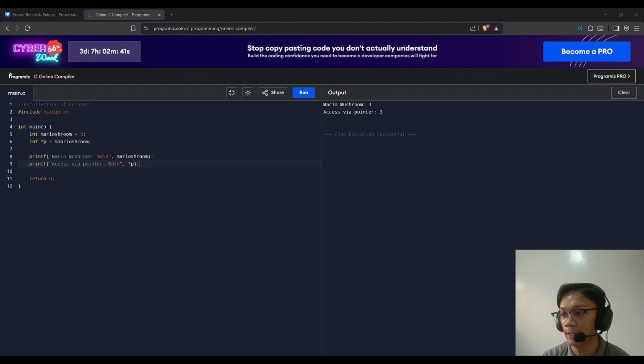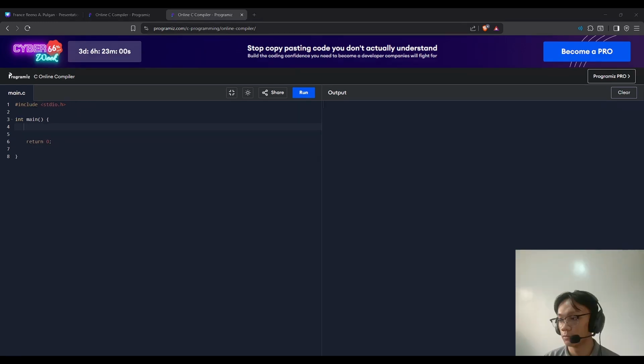So now, imagine Mario doesn't just know where the mushrooms are, he also has a note telling him where to find the hand that's pointing to the mushrooms. That is what a double pointer is. It's like a second level of instructions. First, you find the hand, then follow the hand to the mushrooms. And in programming, this gives us more flexibility, especially when functions need to change pointers or when we're dealing with